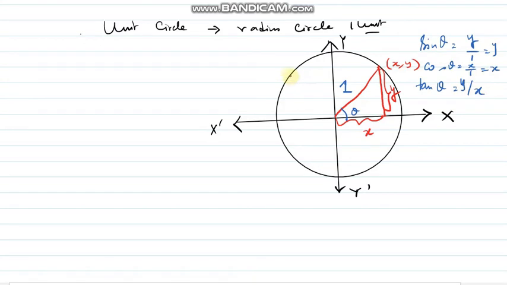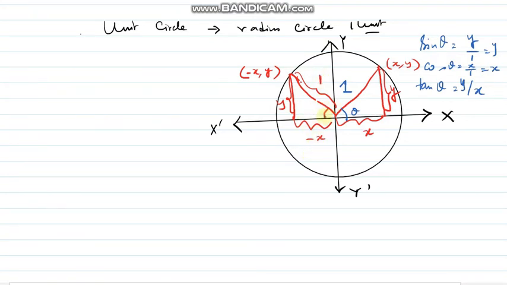In the second quadrant, the point x will become negative and point y will become positive, so it will be minus x comma y, right? So if I drop this perpendicular over there and join this to the center, what will be the length of these two portions? This will be minus x, this will be y, and this will be as usual 1, the radius of the circle, right?